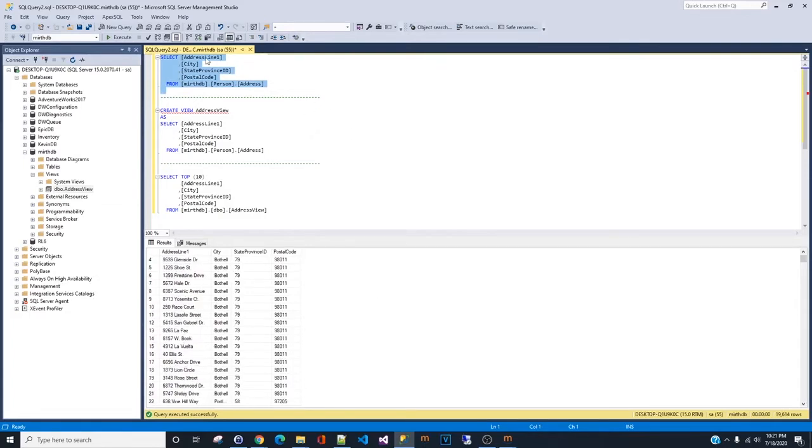Okay, so instead of putting this query in our transformer, we're going to create a view. The syntax is create view, and then you put in the view name, and then as, and then from here you just cut and paste the query here. Okay,